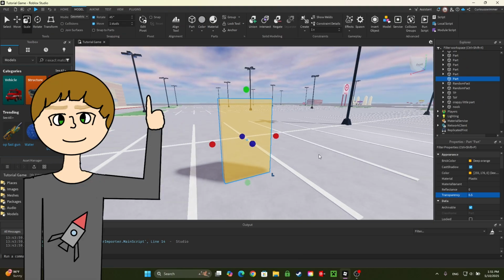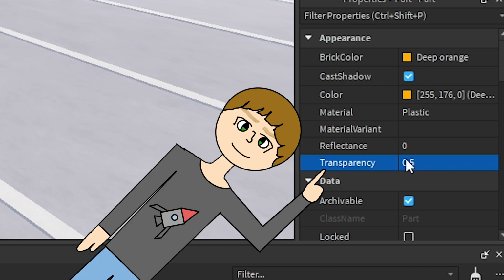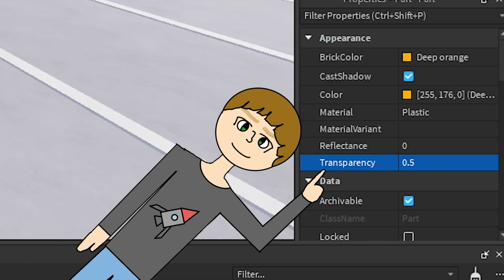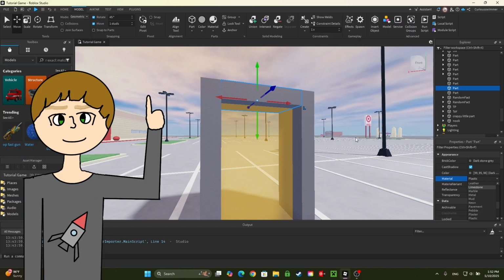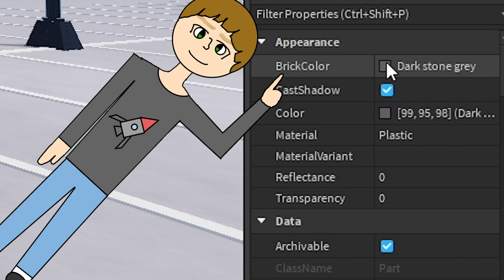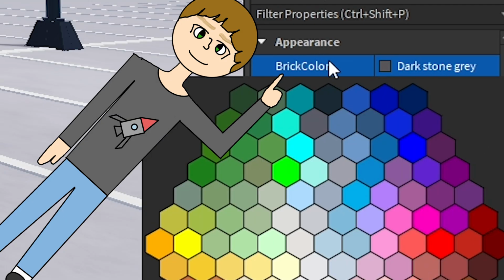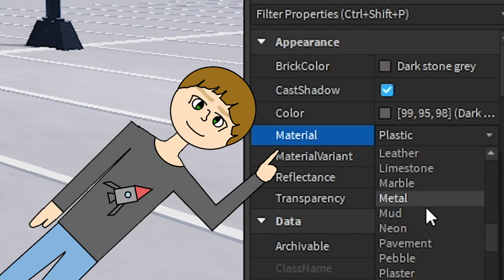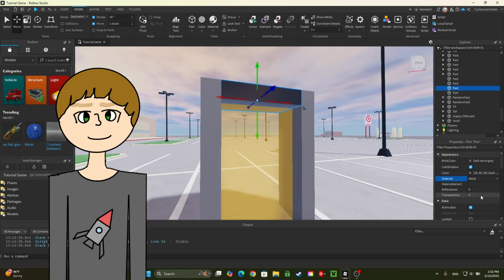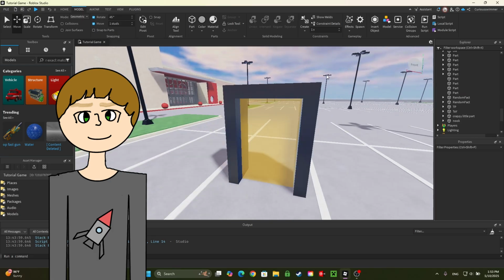So if you want to make a part see-through like this, you can change the transparency property to make it see-through. If you want to give your parts a little more texture or change the color, then you can change the brick color property right here to whatever color you like. And then you can use this material property right here to change what material the part is made out of. So for this, I'm going to do metal, as I figured that's probably what a portal frame would be made out of. Alright, so you got our portal frame, definitely not the most snazzy looking thing ever,